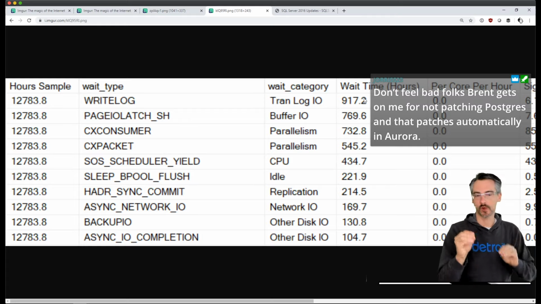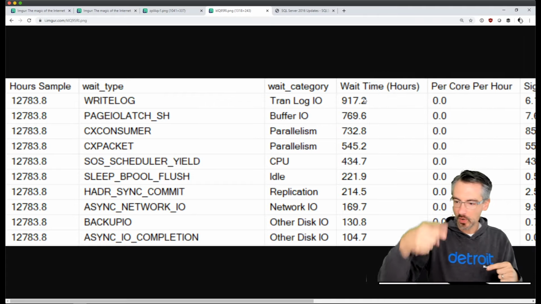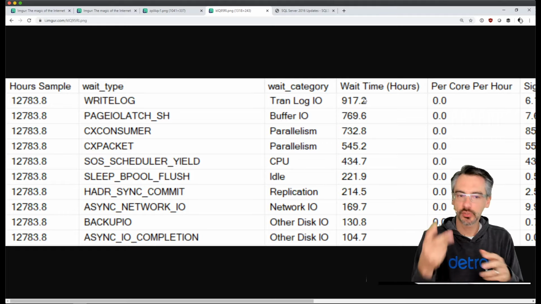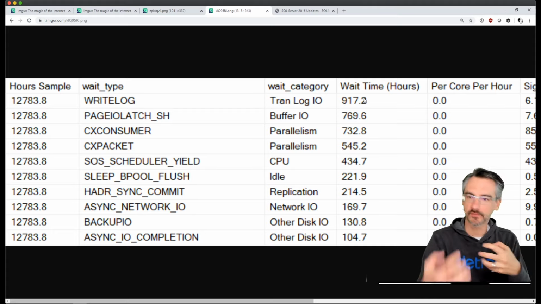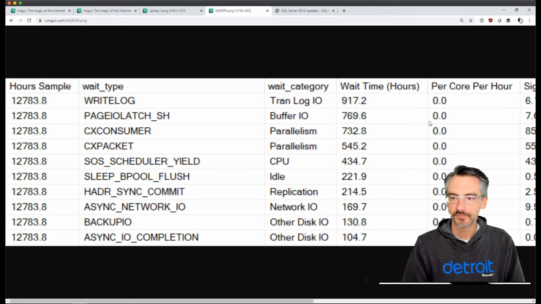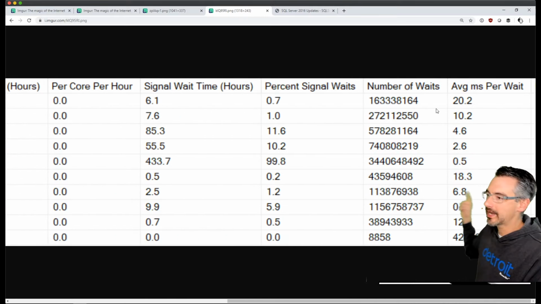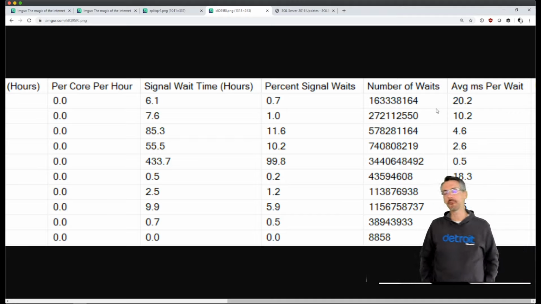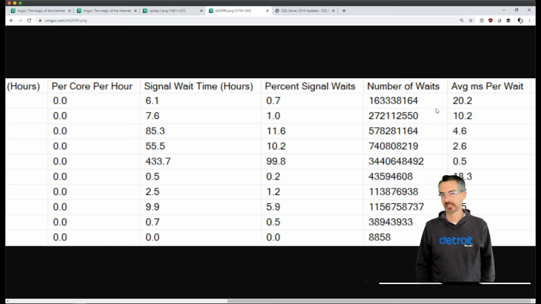When the server is waiting, the top two waits both suggest that it's storage. Number one is waiting on the transaction log. Number two is waiting to read data pages. So both of these are really storage related. If I scroll across in here and I look at how long we're waiting when these happen, the top one kind of blows. The top one, remember, was writing to the transaction log. When we're writing to the transaction log, it's taking around 20 milliseconds.